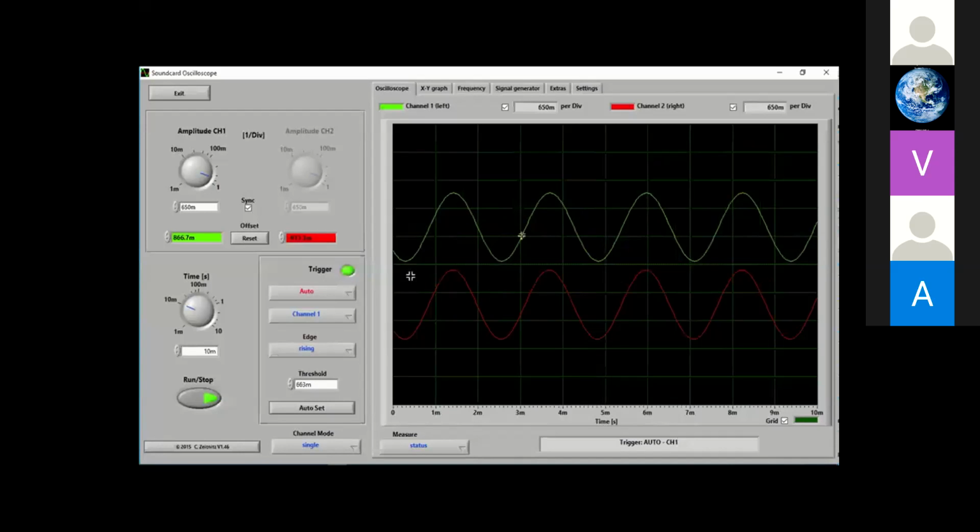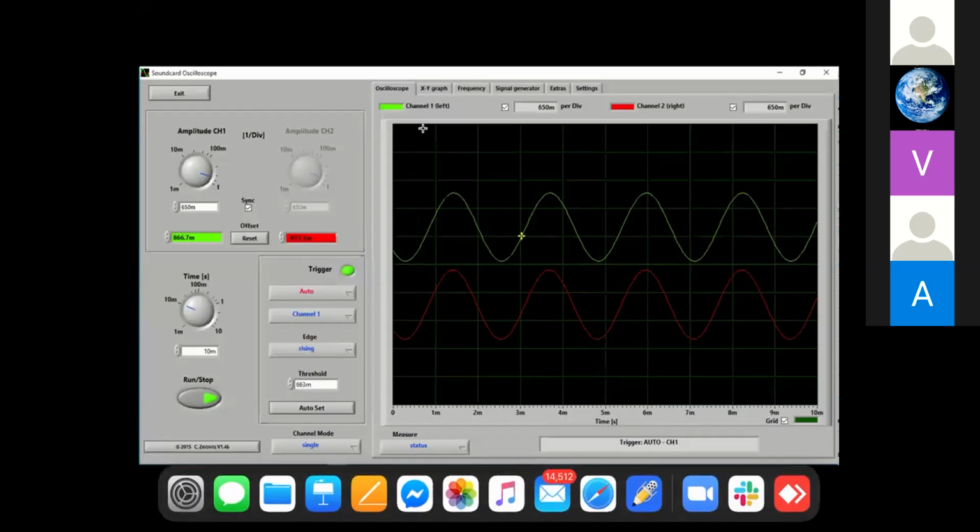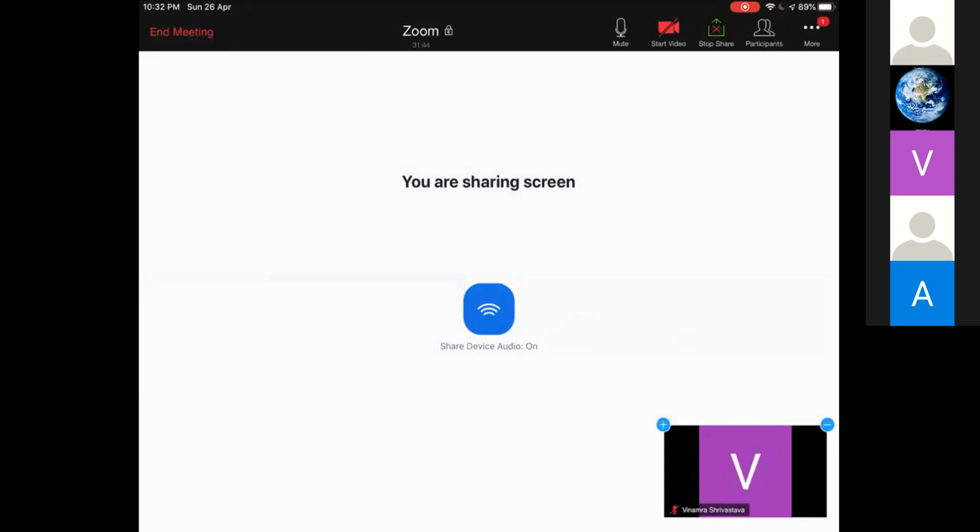So just tell me in the chat menu how many of you are able to do this. I will read all those responses, and depending upon that I will go further. So just tell me in the chat menu how many of you are able to get this. Okay, so I will wait for the replies for around 1 minute, and after that we will continue the session.